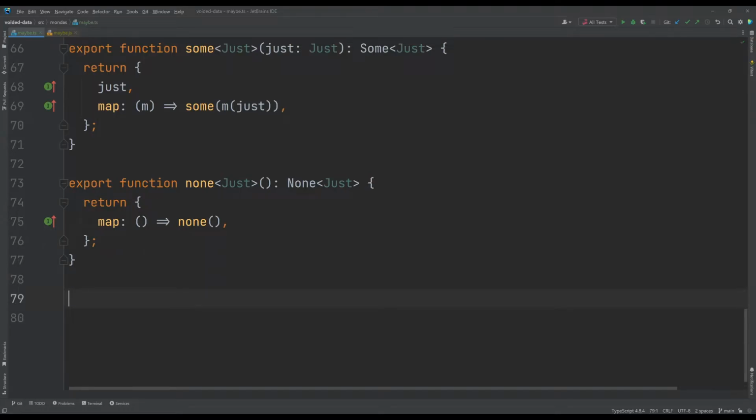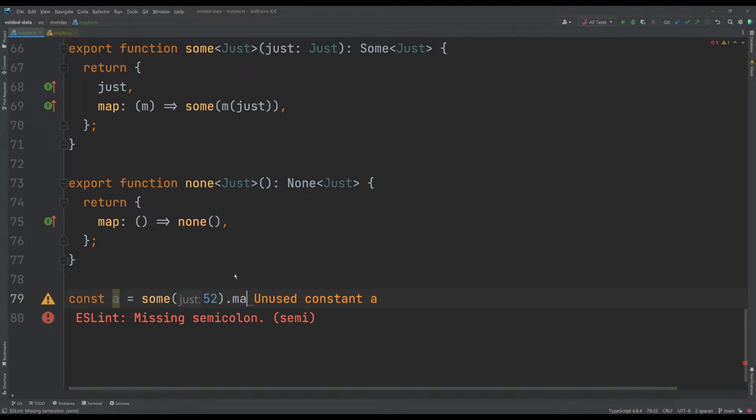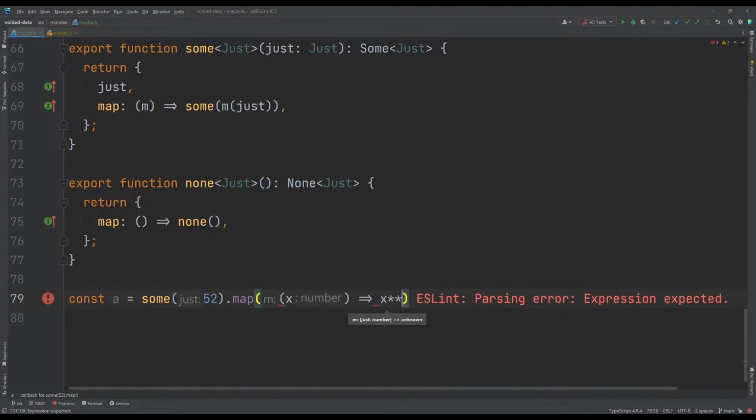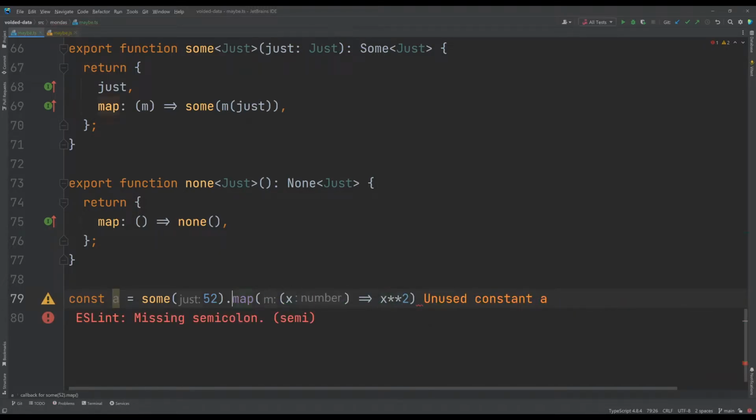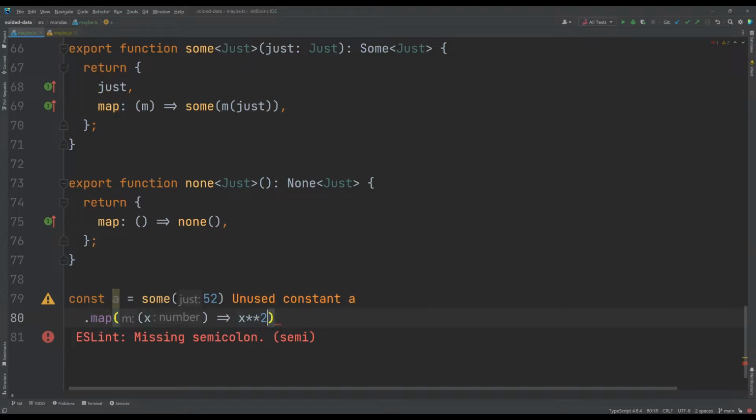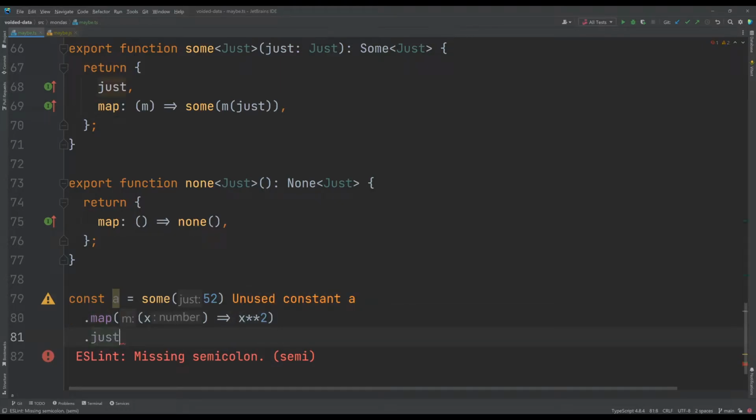So what does this mean? If we actually have a value here that is a sum, and we call map on this, and we want to transform the x, let's say we square the value. Then we can access the just here without an error.